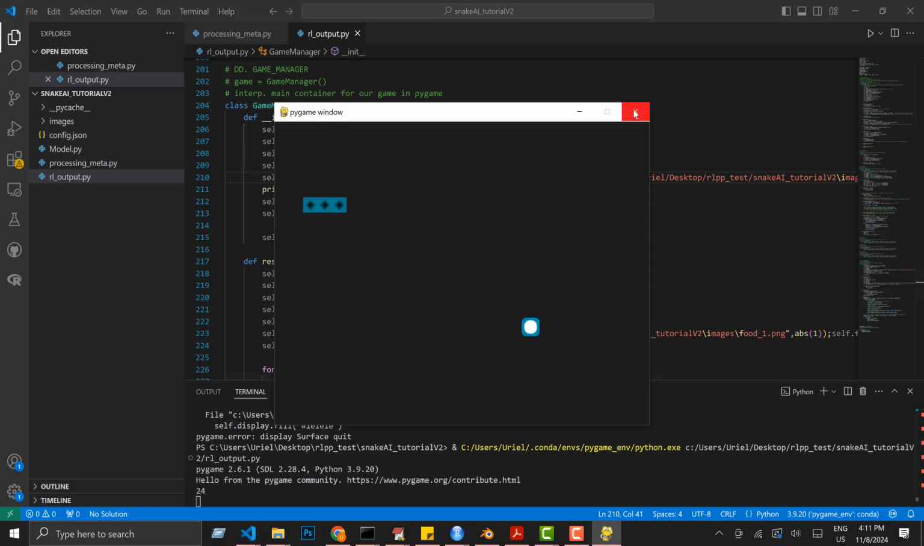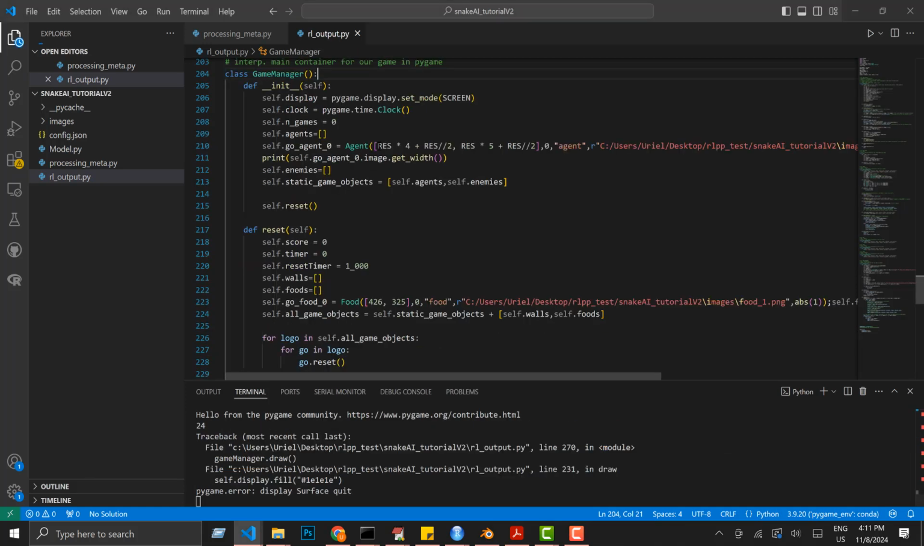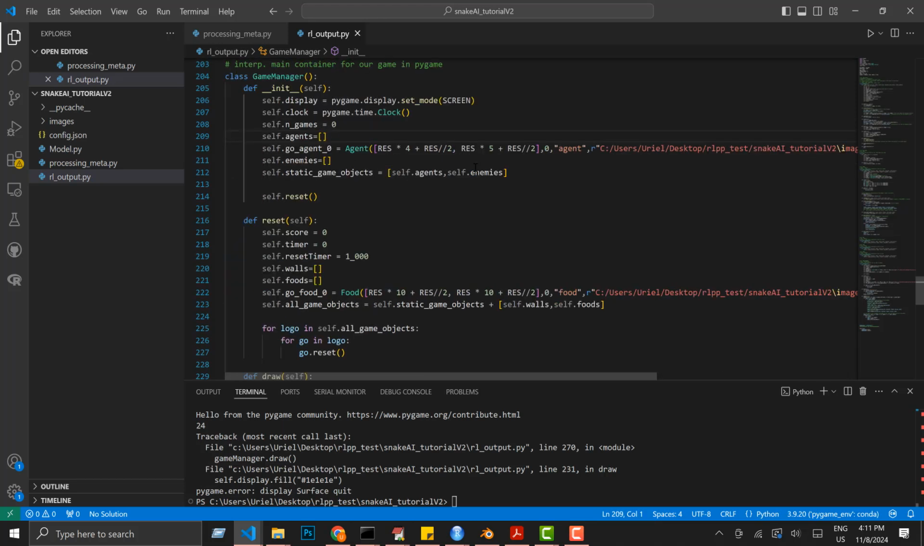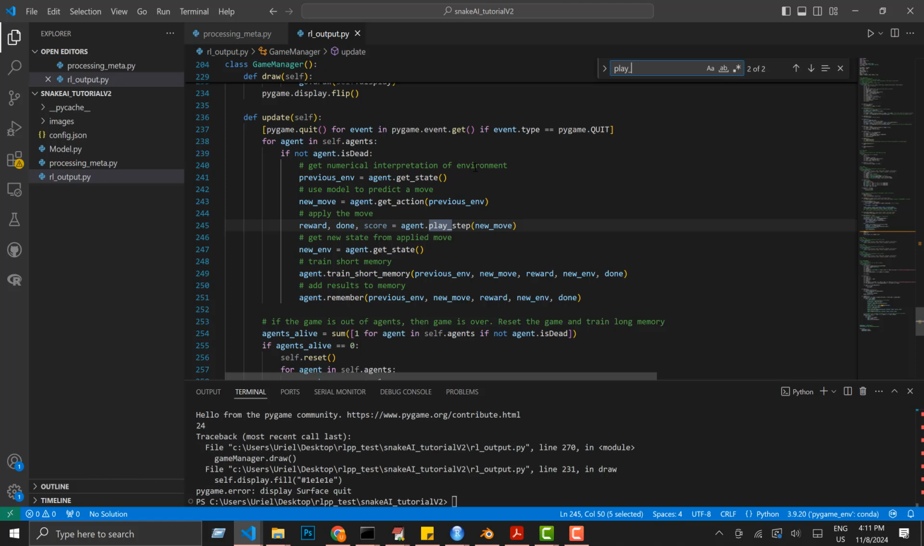And let's create a similar calculation for the position of the food. We take the resolution times, let's say 10, plus half of the resolution. And let's make it symmetrical. Let's do the same for the y-axis. Fantastic. What's next? Now that we have all of the components in place, let's go to the play